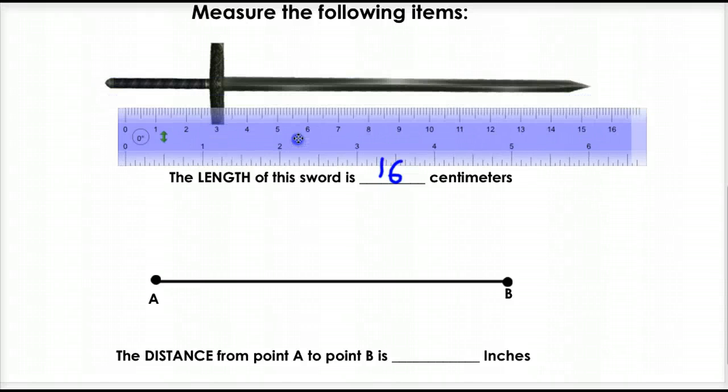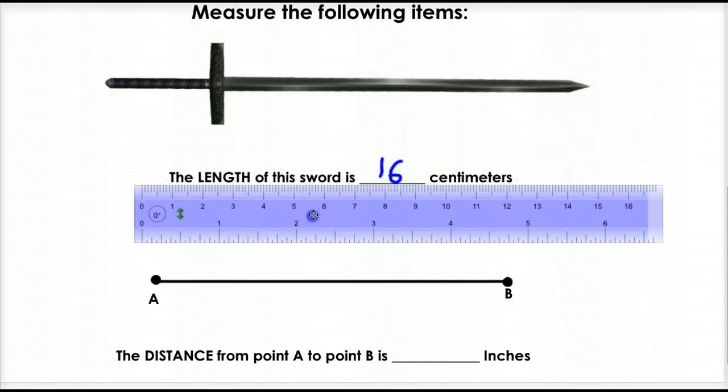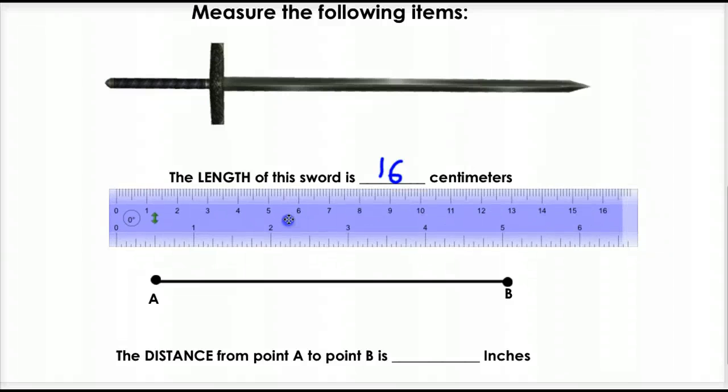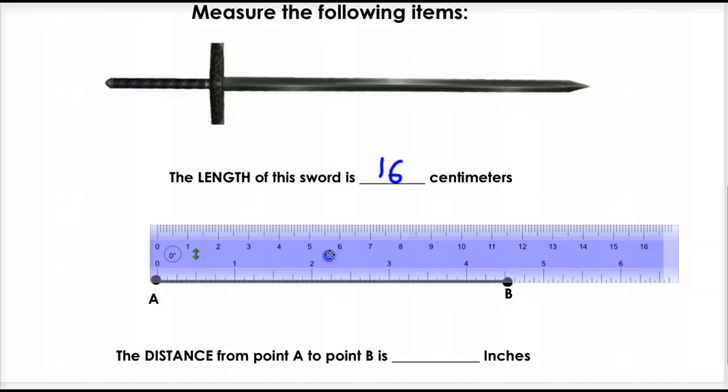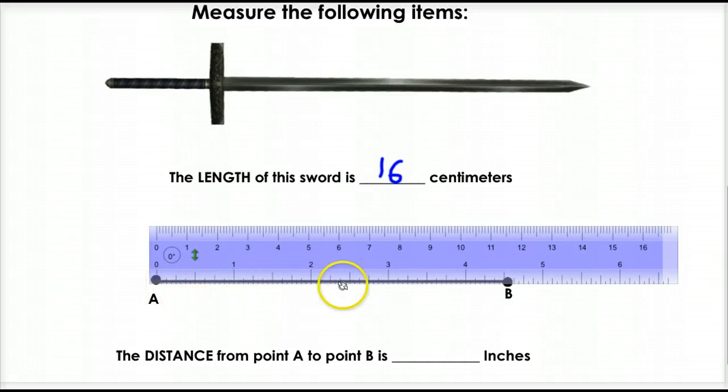Moving down. We want to find the distance from A to B in inches. So we're going to use the bottom part for this one. We line up the bottom with 0. We start at A, and we go all the way to B. And right here is a little more than 4.5. But let's just call it 4.5 to make it easy. So the distance from point A to B is